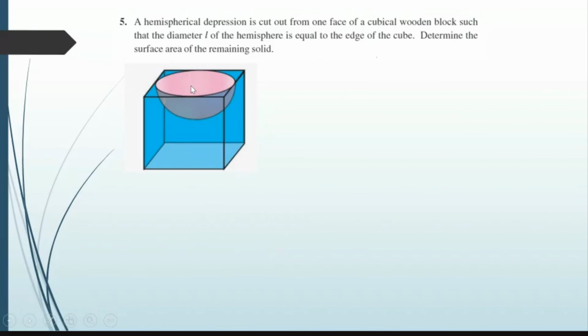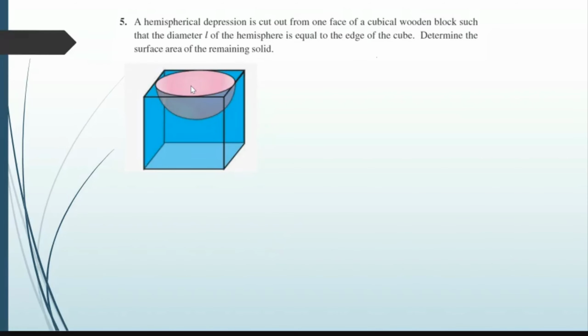Keep in mind, just try to visualize a block of clay and you're making a depression in it. So when you make a depression, that depression increases the surface area to be painted, isn't it? If you think of it, take an ice cream brick and you scoop out one hemispherical scoop from it. Then the depression that is there, if you want to put some honey on it, or some chocolate sauce on it, that depression has to be covered up. That adds up to the area, isn't it?